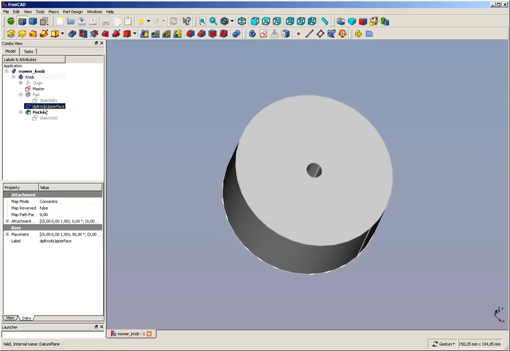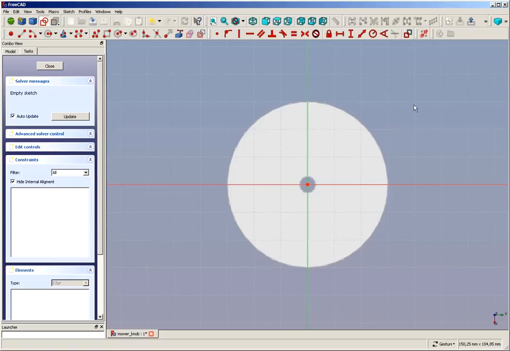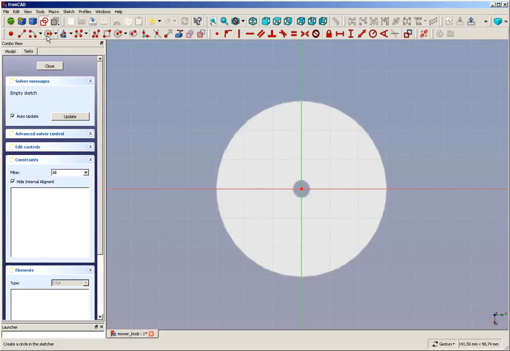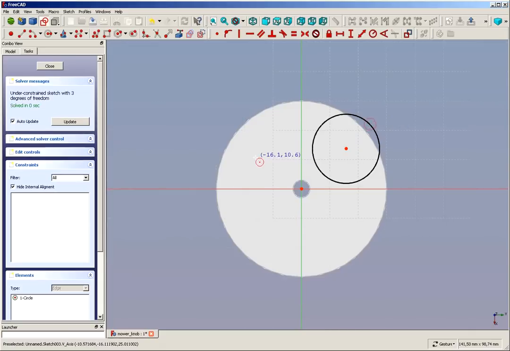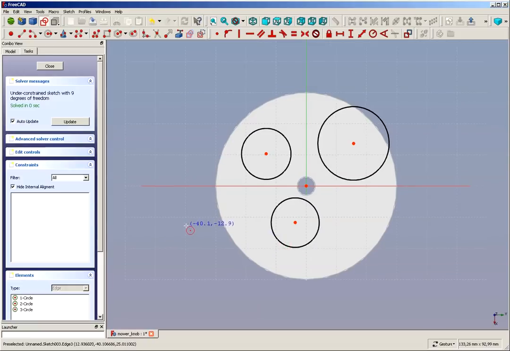Let's select the upper face again. You don't need to see it. At least you have to select it here before you start the next sketch. So what we're going to do is we will need 3 circles. These 3 circles